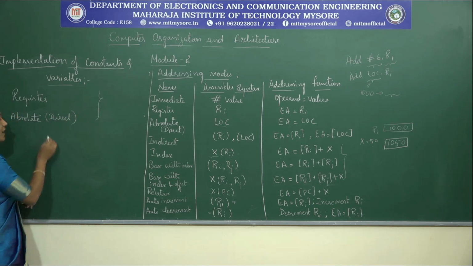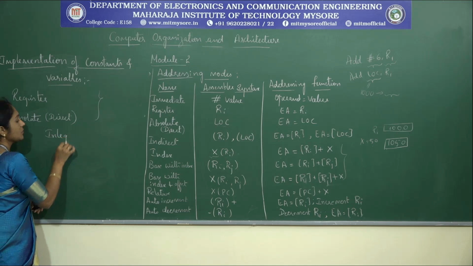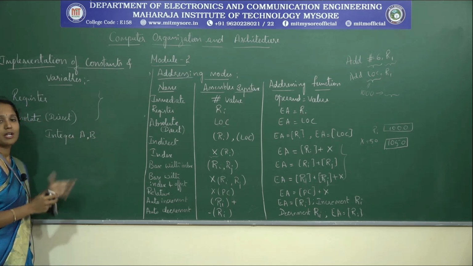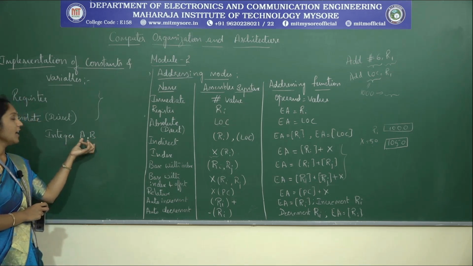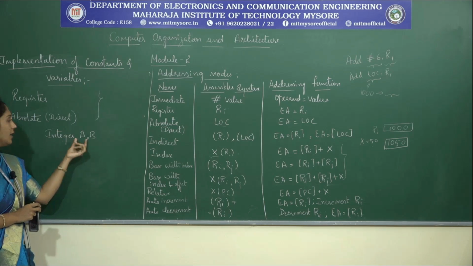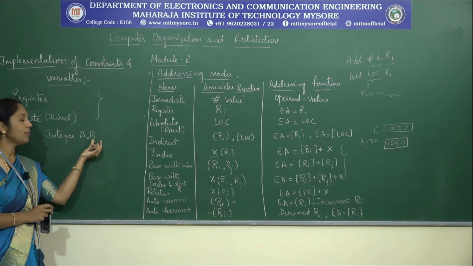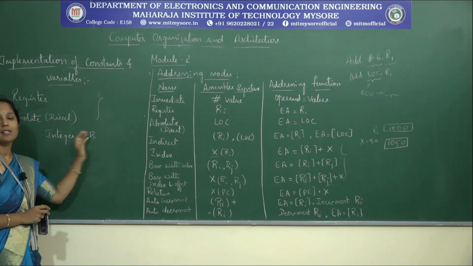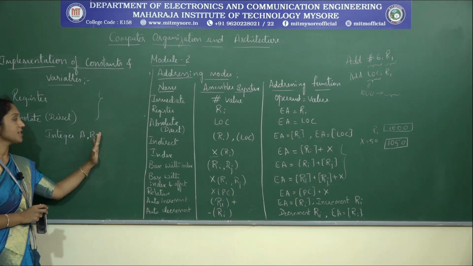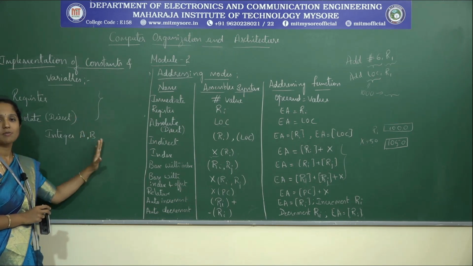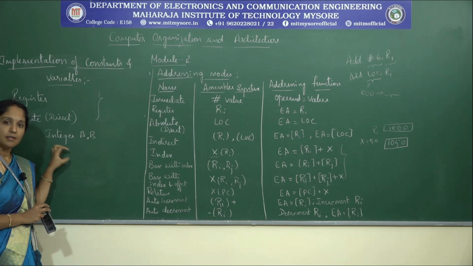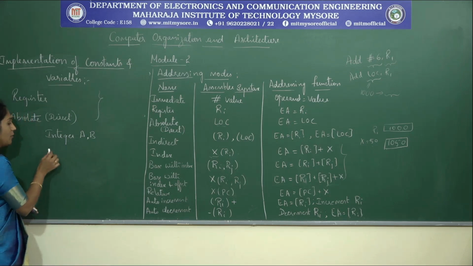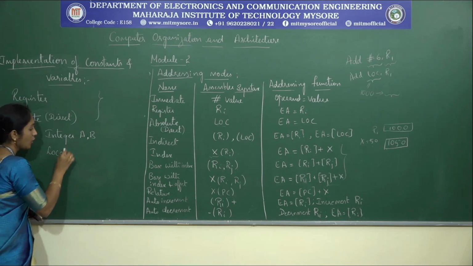If you consider the high level language statement, that is integer a comma b. If you declare integers a and b, we know that whenever this is executed, the variable a and variable b will be allocated with some memory location, and whenever required these are accessed, and the value of these, if you are storing in memory locations, will not be affected. If you consider the variables itself, we have two types of variables: local variables and global variables.